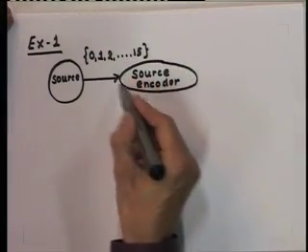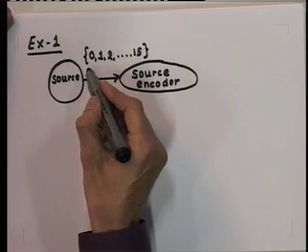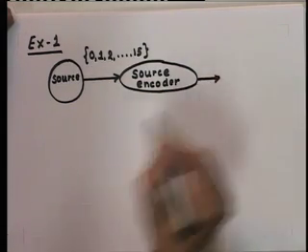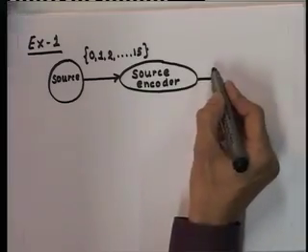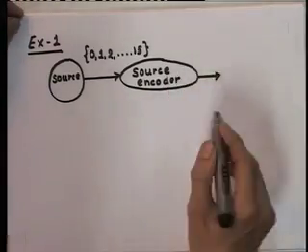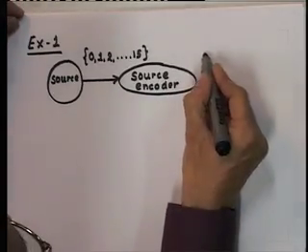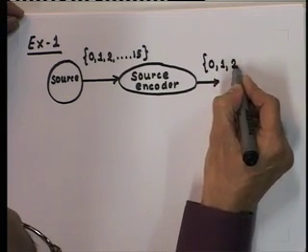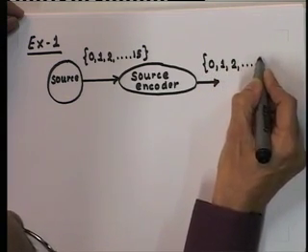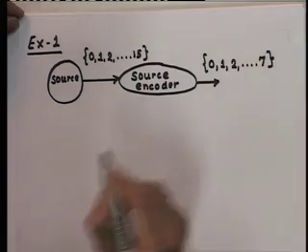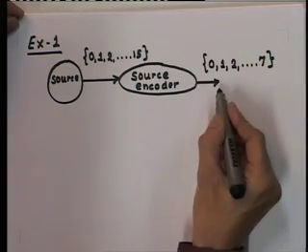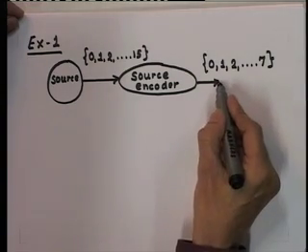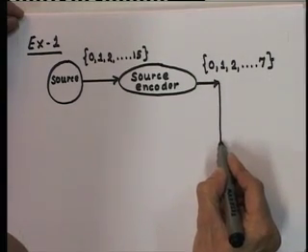The source encoder encodes each value by shifting out the least significant bit. So, the output alphabet for the source encoder is 0, 1, 2 up to 7. We assume that the channel is an identity mapping. So, at the receiver,